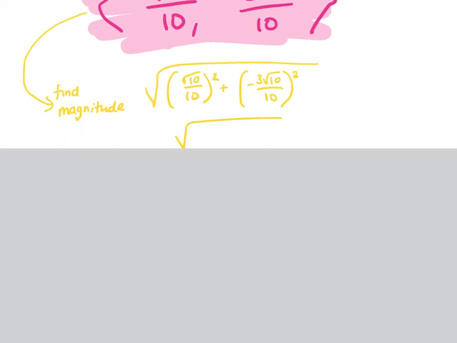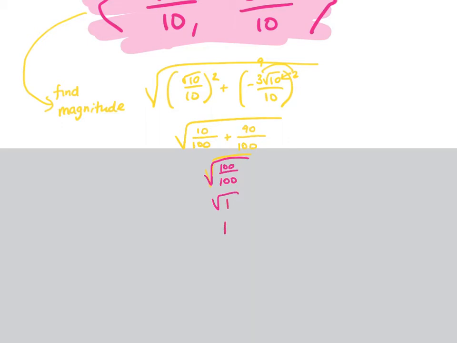That'd be the square root of square root 10 squared would be 10, 10 squared would be 100. 3 squared would be 9 times the square root of 10 squared would be 9 times 10, which is 90, over 10 squared, 100. And I end up with the square root of 100 over 100, square root of 1,